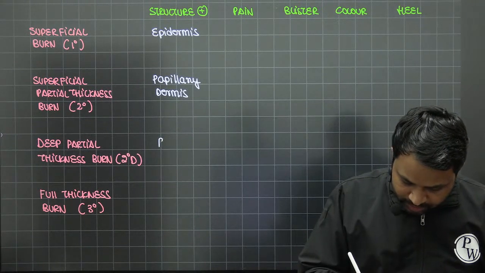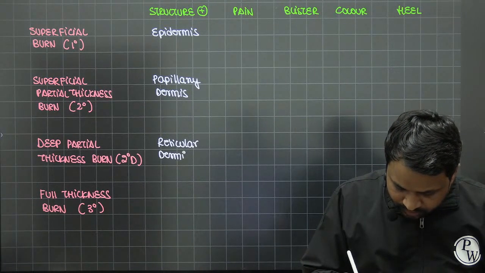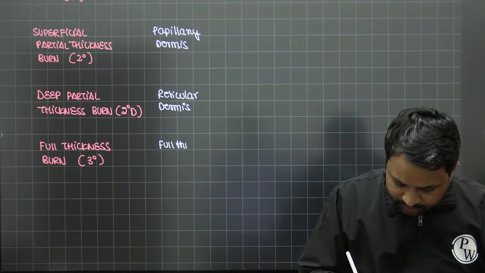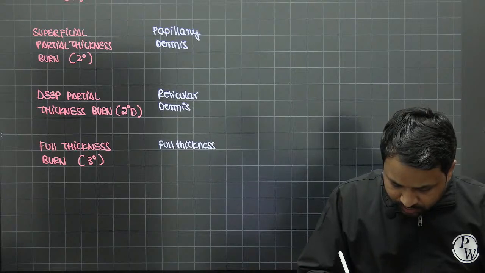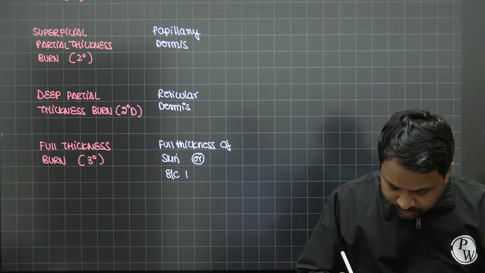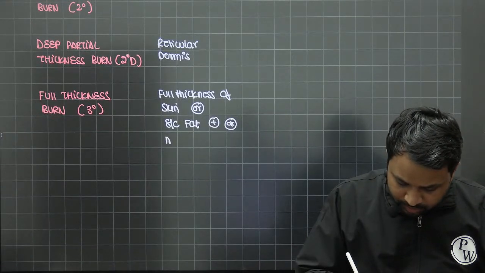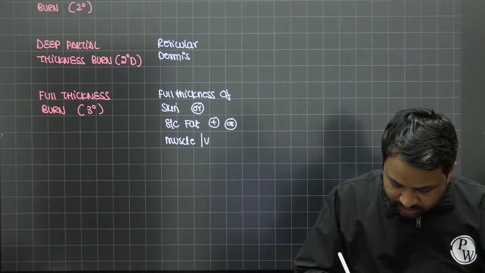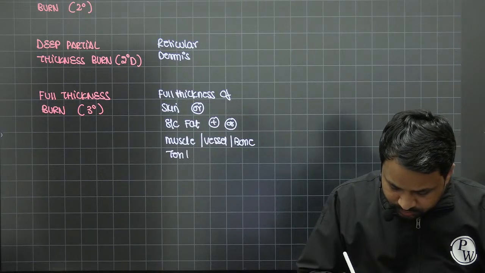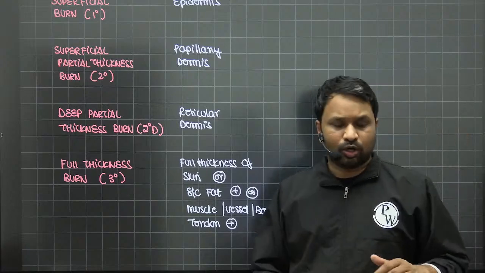Here it is going to be the reticular dermis of the skin. Here it is the full thickness of the skin. Full thickness of the skin, or involvement of subcutaneous fat, or involvement of underlying muscle, vessel, bone or tendon. If any other underlying structures are involved, we'll finally classify it as third degree, also called the full thickness